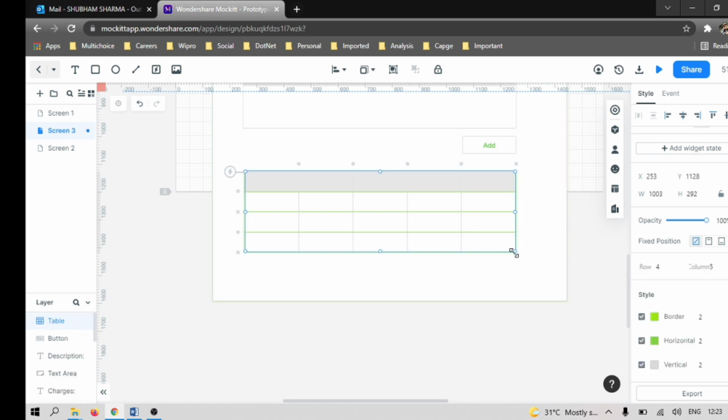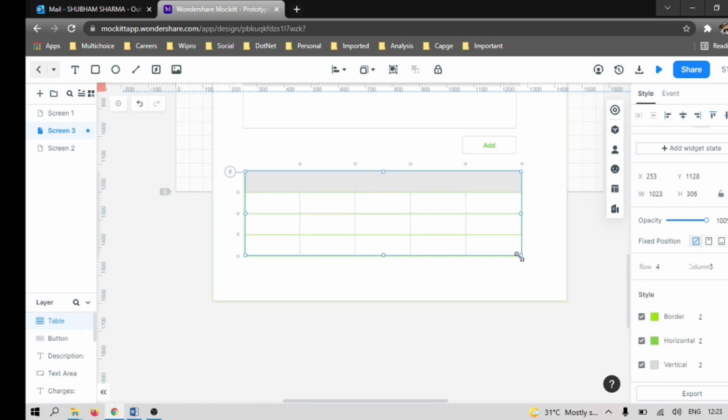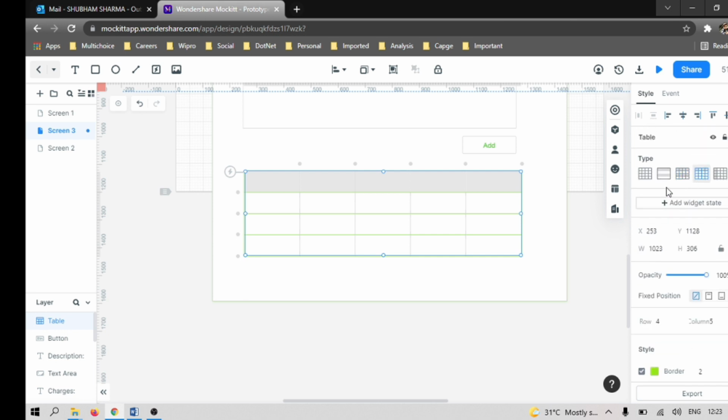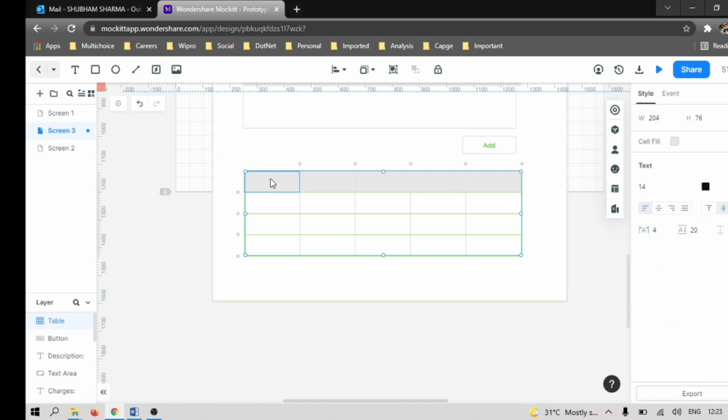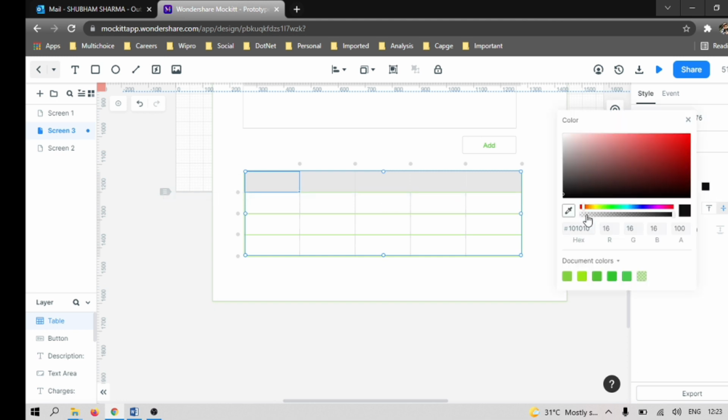So the table will look like this ultimately. And what the columns I need to put here. Okay. Instead of black I need to put here.